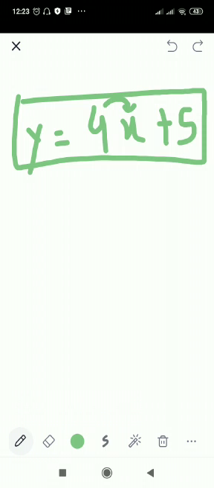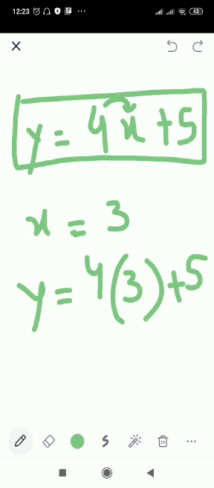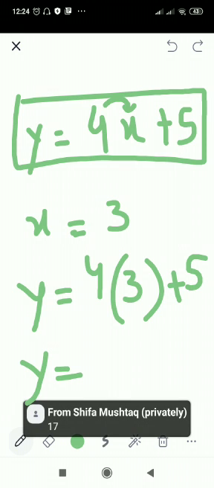So here, part a is given, part 1. The value of x given is 3. So in this equation, y is equal to, you are going to solve it, 4 times 3 plus 5. So you get the value for y. Inshal, can you answer me this? What will be the answer for this y value? You can write in the chat, or all of you can write in the chat.